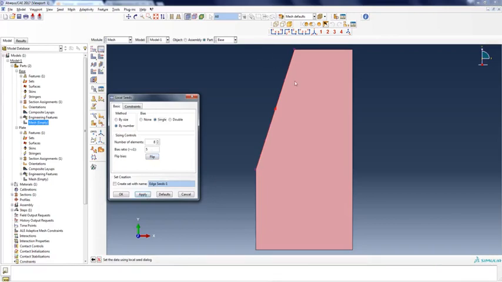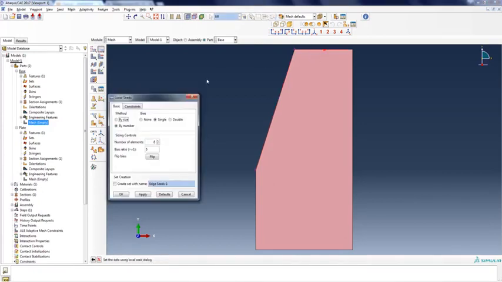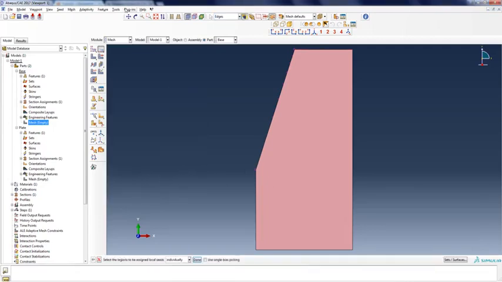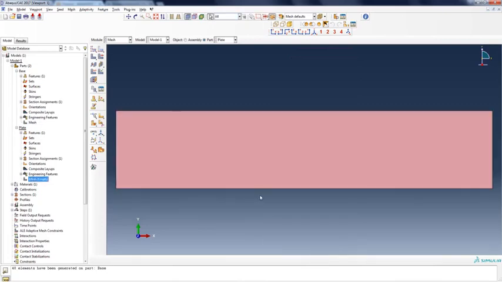Right, so you have a biased mesh towards the center. Here we can flip the bias, maybe reduce it and then mesh it. Okay, so we have created the mesh for the base, and then for the plate, the mesh would matter.